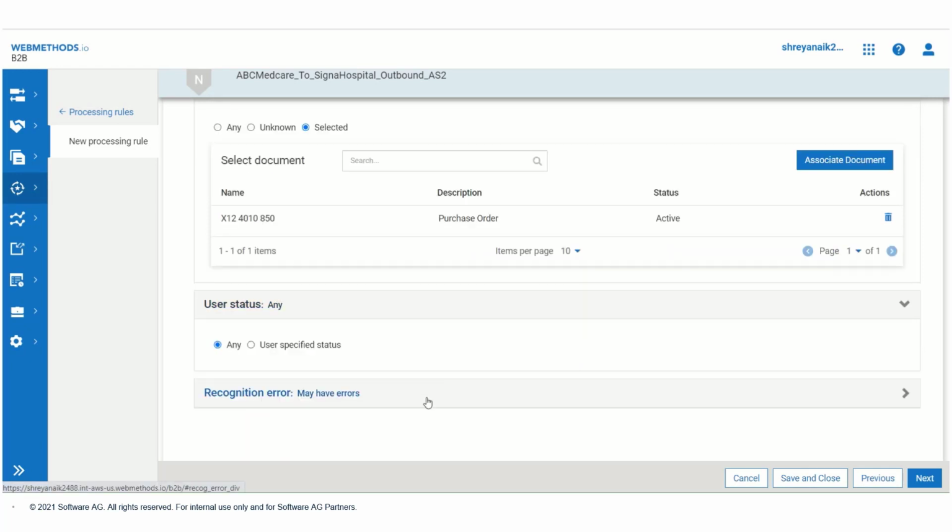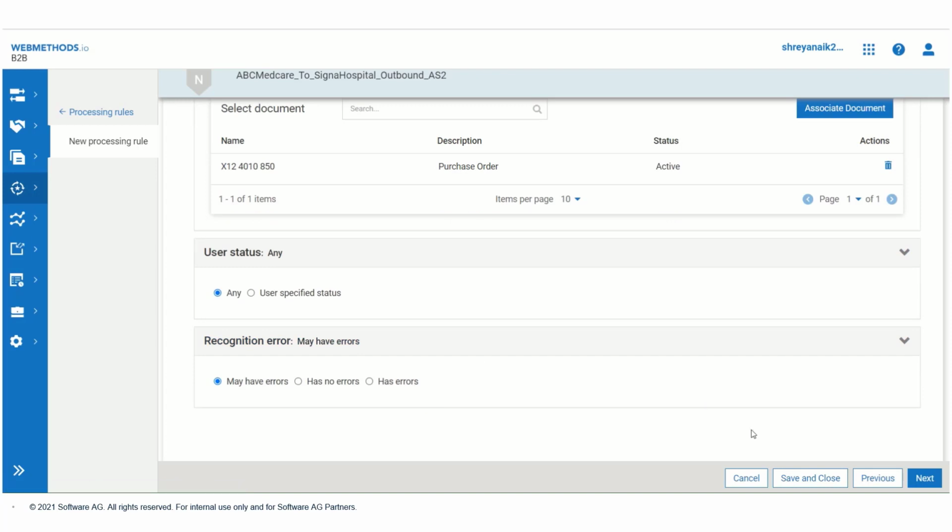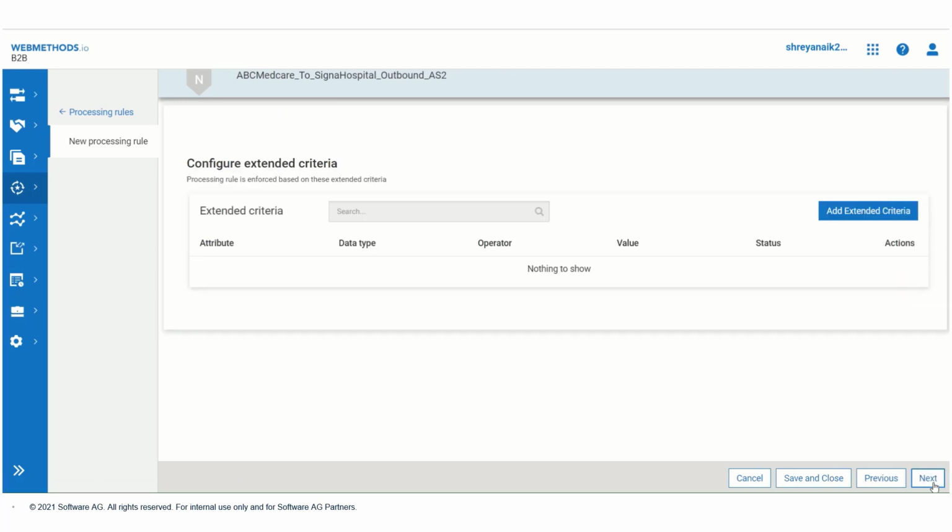Let user status and recognition error be any, and then click on next.